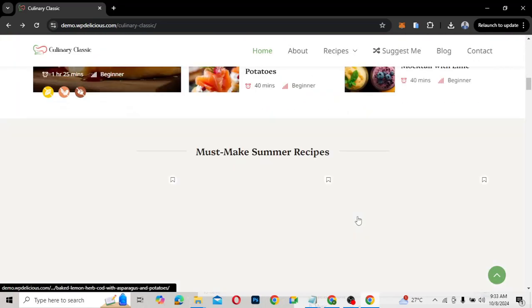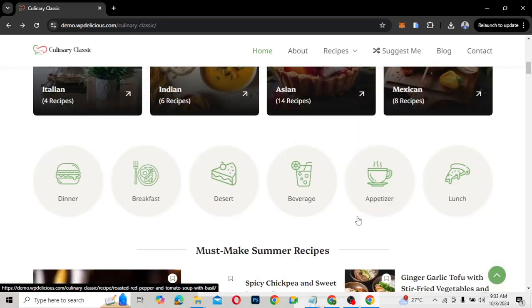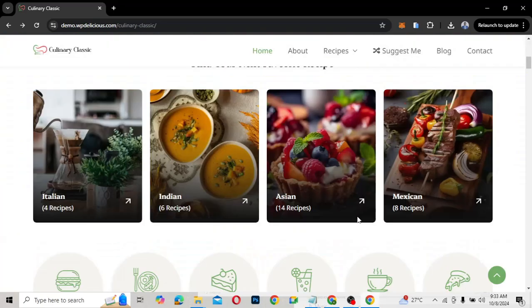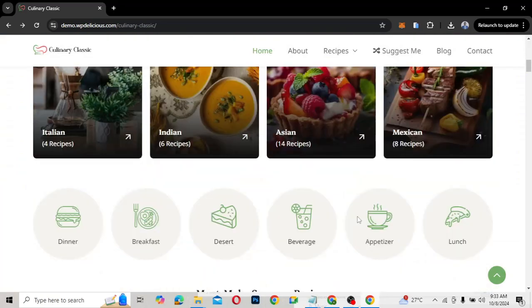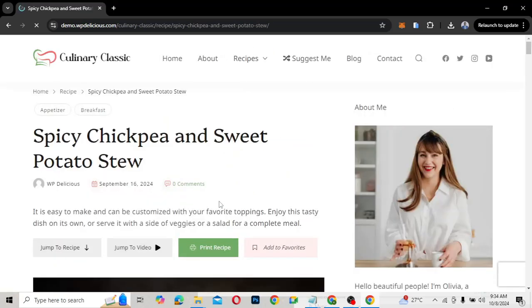I'm just taking you through how the website looks, and I'm going to take you through one of the recipes and then you'll see how it looks. Okay, so I'm going to choose one recipe and then I'll take you through it. So let's look at this spicy chickpea sweet potato stew. Let's go over there and see how it looks. All right, so this is a single blog or recipe page over here, and as you can see, you'll be